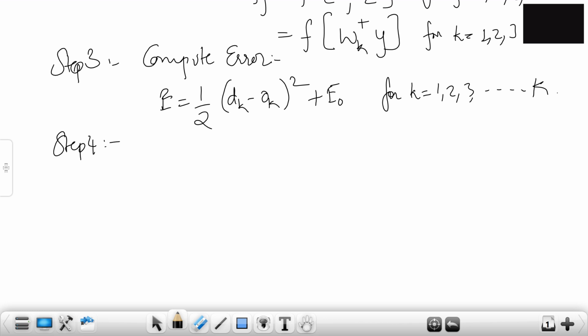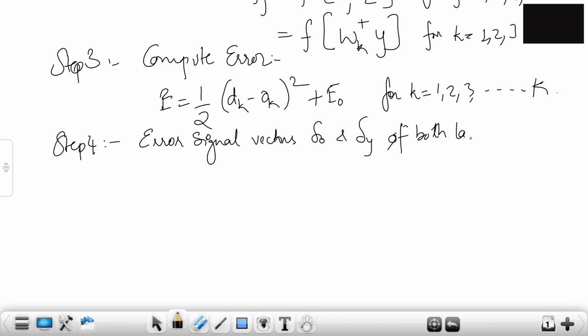So step 4 is error signal vectors. What is that? Delta O and delta Y of both layers are computed.